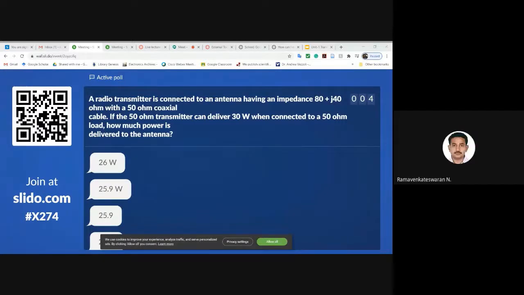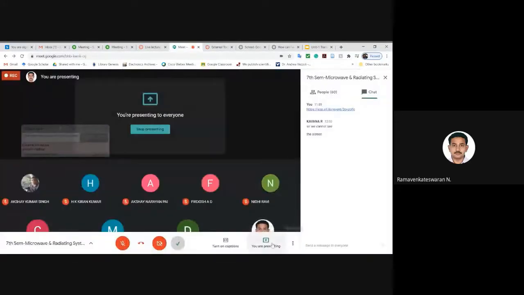Excuse me, sir. Yeah. Sir, we cannot see the screen. We are just seeing the question screen. Can you show us the Paint screen where you are solving the question? Yeah, I will just share that. One second. Yes, I'm going to share the screen now. Give me a second. Yes, I have to change to Google Meet. Probably stop presenting and present the entire screen.